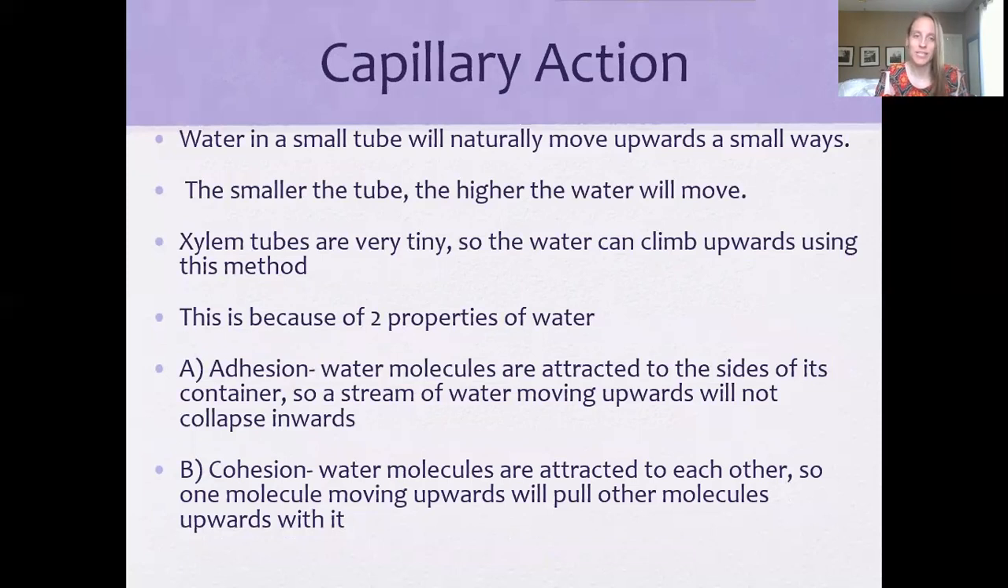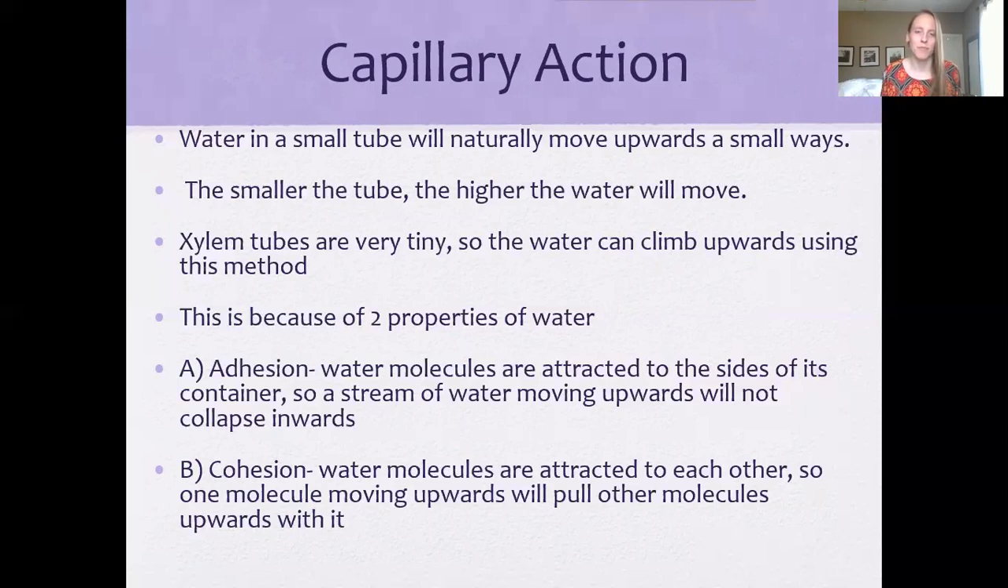The second force is capillary action. That's essentially the idea that anytime water is in a small tube, it naturally moves upwards. This is what you see if you take a piece of paper towel and touch the edges to a wet spot on the counter. The water will naturally move upwards through that paper towel because there's a whole bunch of little tiny tubes built